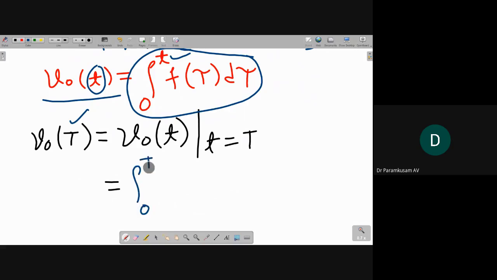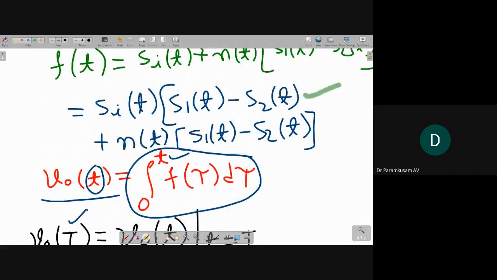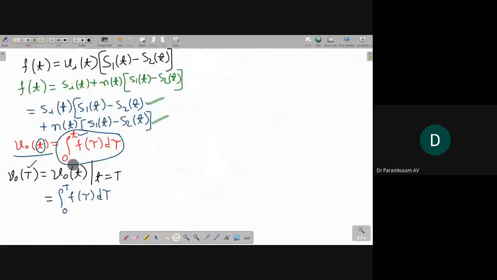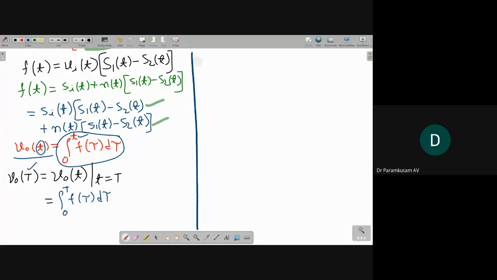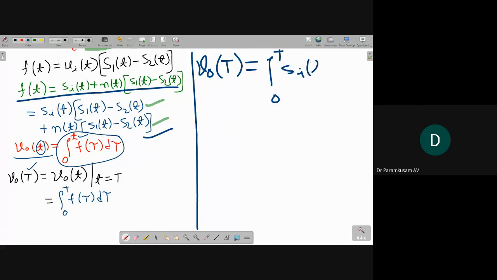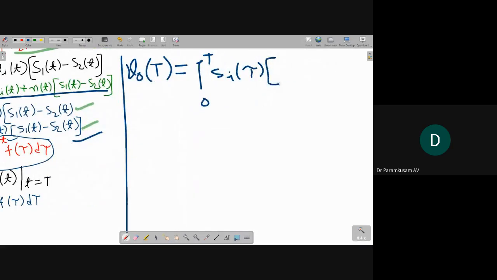Then this equation becomes integration 0 to capital T, f(tau) d tau. You substitute f(tau), which is equal to this. Then v0(T) is equal to integration 0 to T, f(tau) d tau. So Si(t), in place of t, you have to substitute tau: Si(tau) into S1(tau) minus S2(tau),